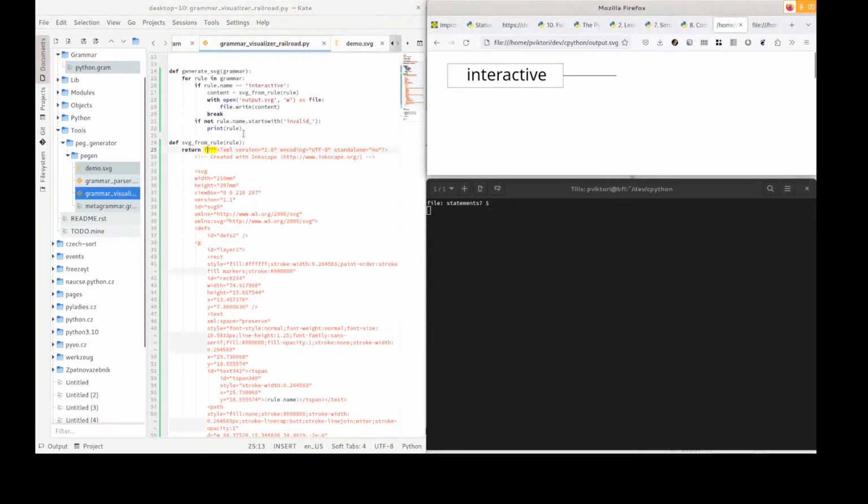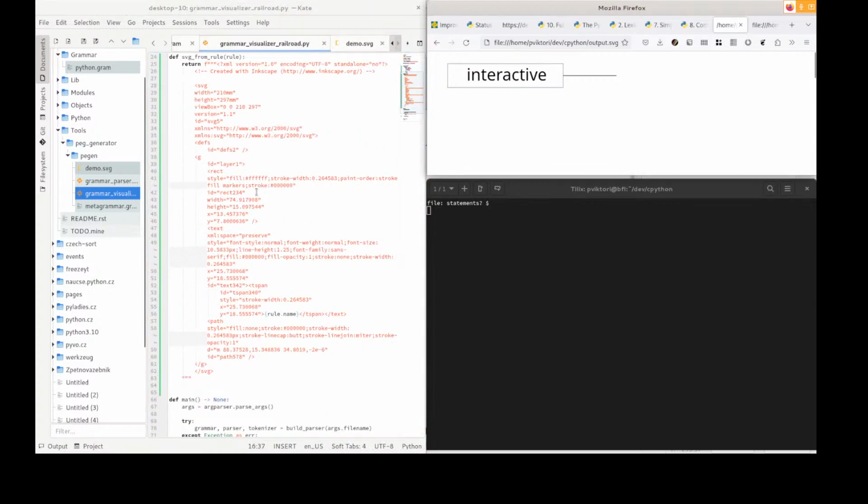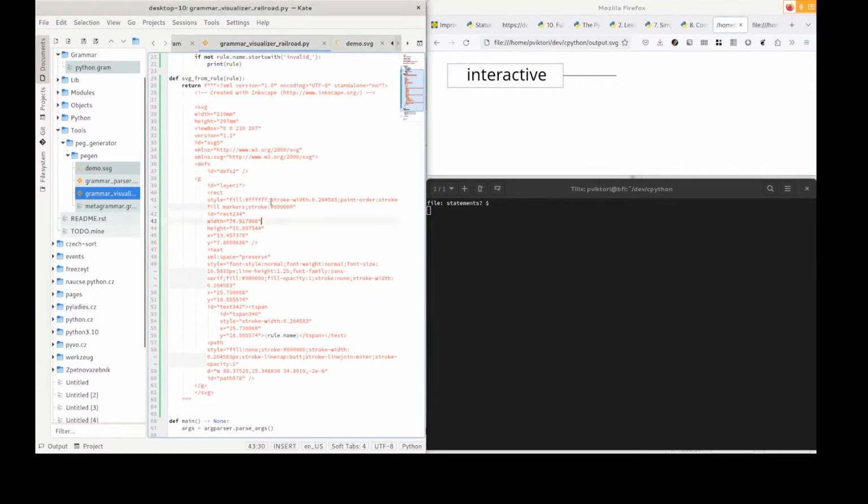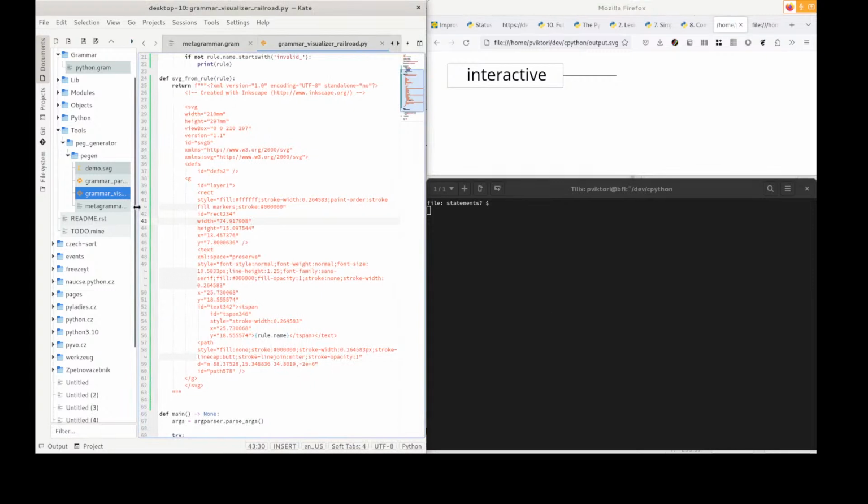Ta-da! This rule was named interactive, and I have interactive in my diagram. So that's the first part for generating my diagrams. I can only improve this from now on, right? So what I will need to do, and this is probably one of the hardest things I'll struggle with,